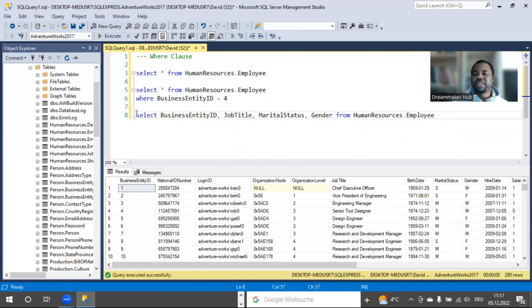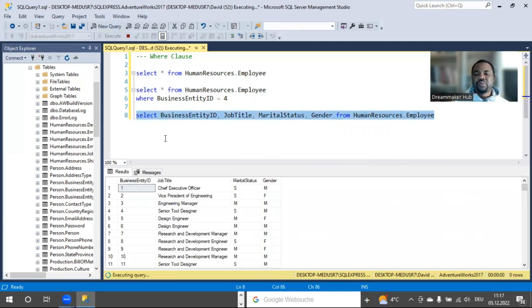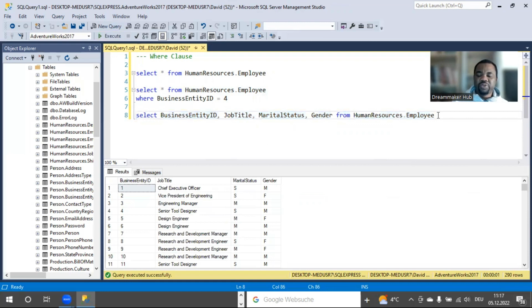Okay, so now that I have this, if I run this now, my intention is that I want to filter it to just the male gender. Now, if I run this line of code, you'll see that it's going to give me the columns that I selected, but it's still giving me all the rows, 290 rows. So now what I'm going to do is use the where clause to filter. So where, all right, now look at it carefully, gender,